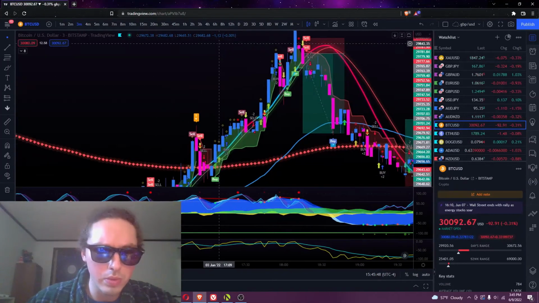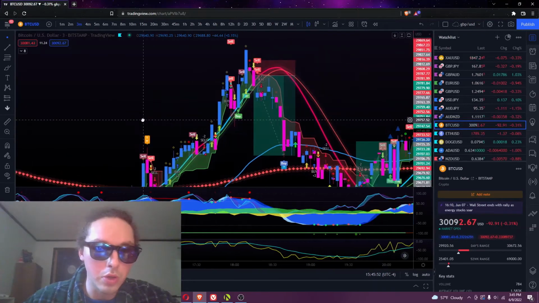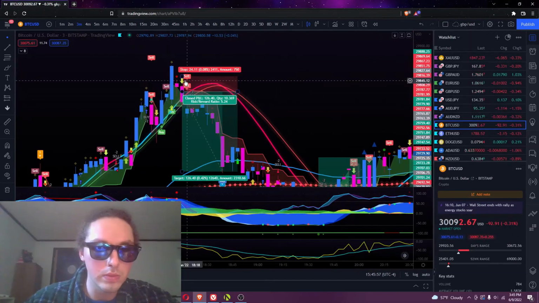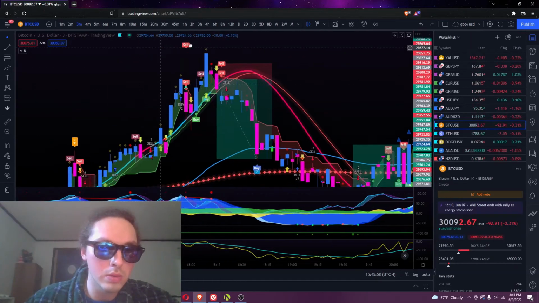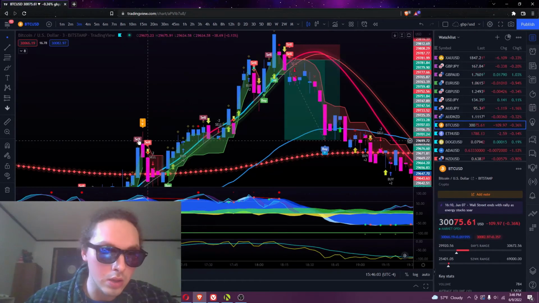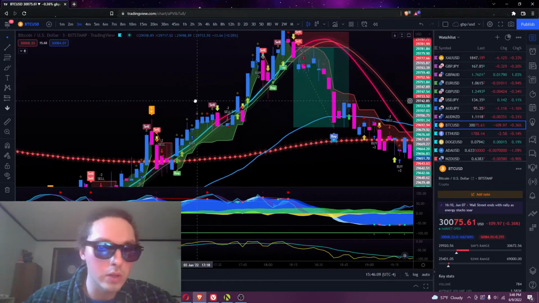What was happening right before this trade? We bounced off the 200 EMA and we have our sells. Now you might be asking, why didn't we take these sells? There's a nice grouping here and there's a nice grouping here. Why didn't we take those? Well,